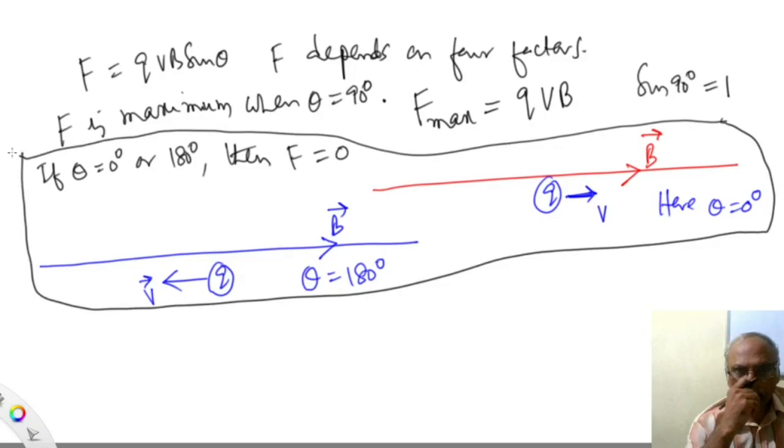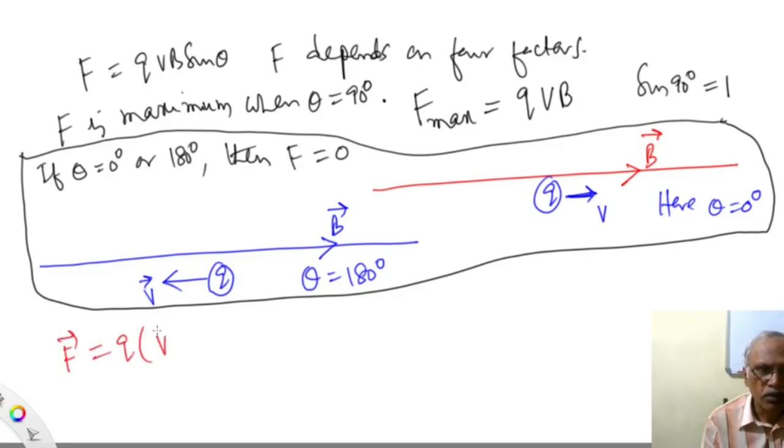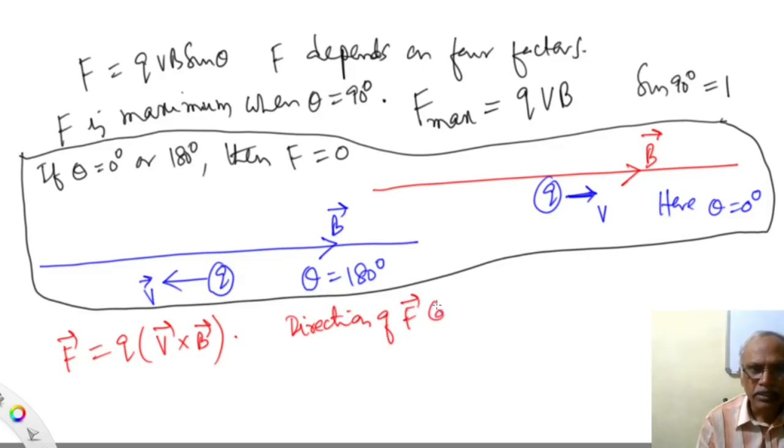The maximum force is F is equal to QVB. And how to decide the direction of force? The direction of force is decided by Fleming's left hand rule, or you can decide it by the cross product rule. So the direction of force, F bar is equal to Q into V bar cross B bar. The direction of force can be decided